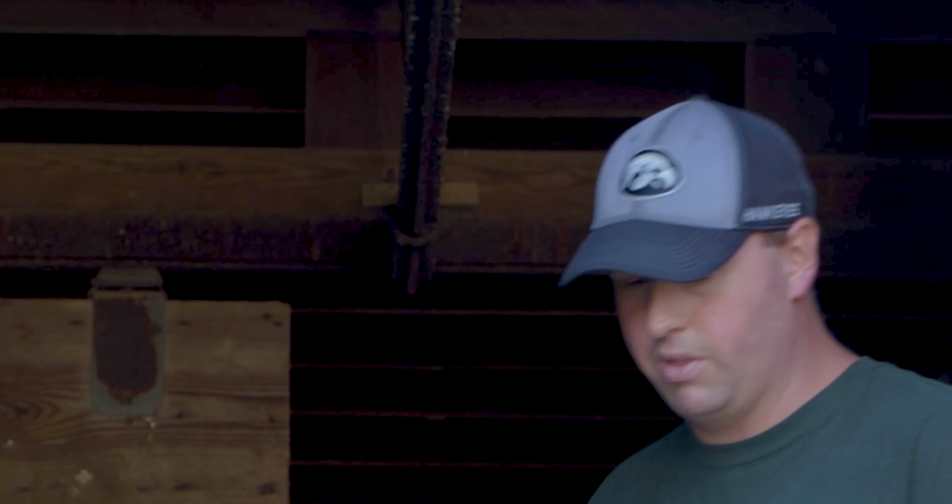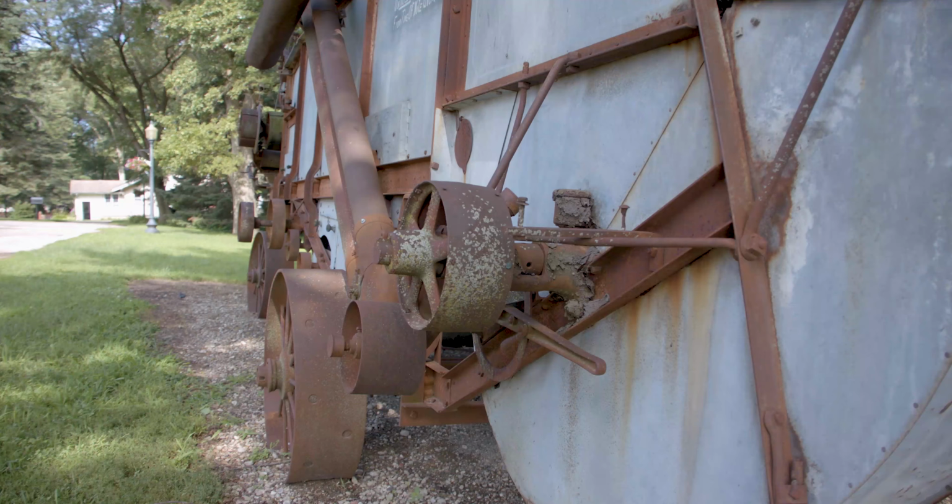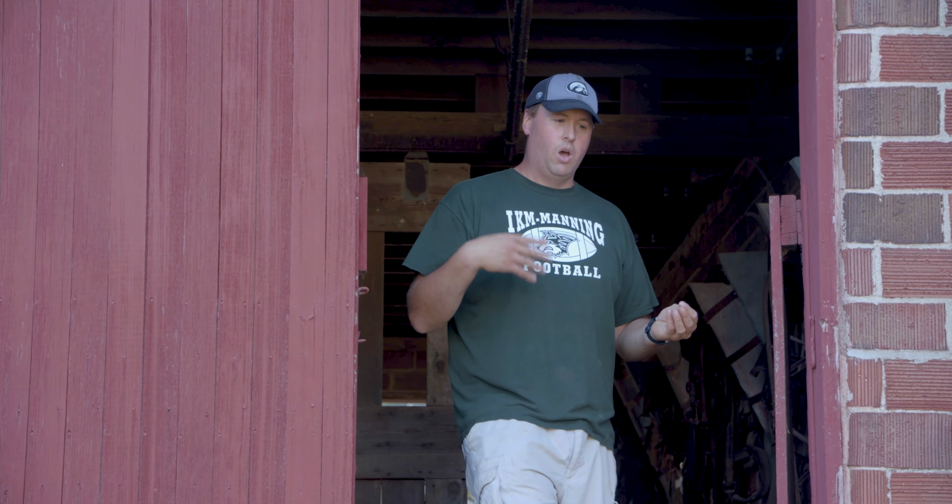The thresher's right outside. It's what you'll see on the north side of the barn here, and this is an example of about a 1915 to 1920, 1930 thresher. So this is very good for the time period. It's actually run off of steam power. So what they would have done